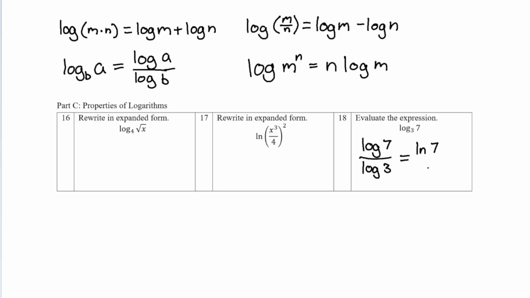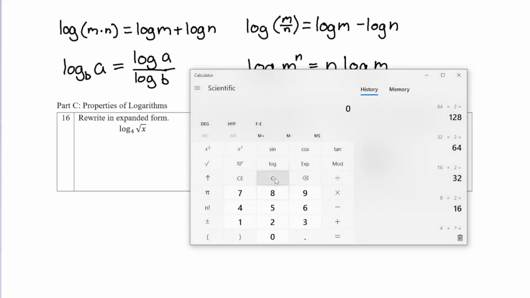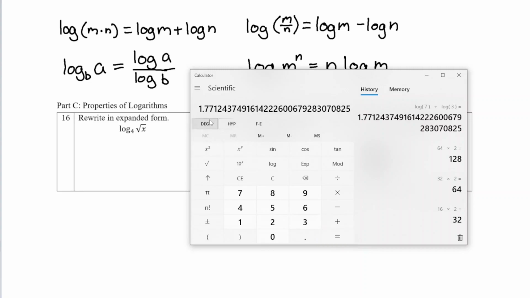If you were just trying to calculate the answer, totally does not matter. All that matters is that you actually type it into the calculator correctly. So I'm going to clear this. Again, on the handheld calculator, you would actually say log 7 divided by log 3, and that's how you get your answer. But since this is a computer calculator, I'm going to type 7 and then press log, and notice it says log 7 up here. And then I'm going to say divided by the log of 3, and press enter, and I get log 7 divided by log 3 is approximately